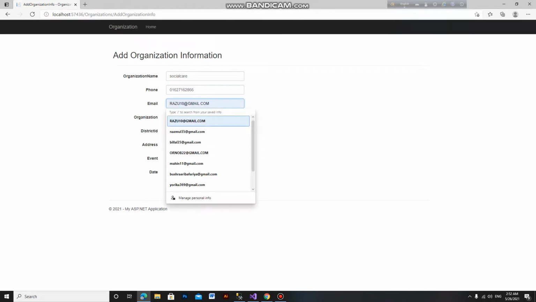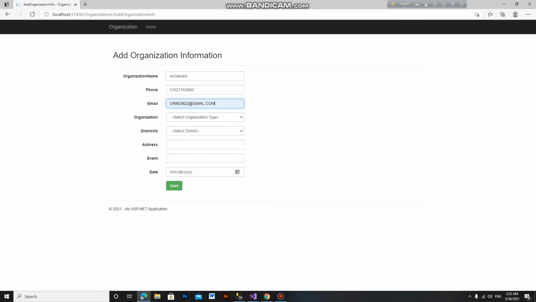Email, this is the email, and organization type, this is the NGO, healthcare, social healthcare or humanity. So this is social care, social healthcare, and division Dhaka, district Gazipur.